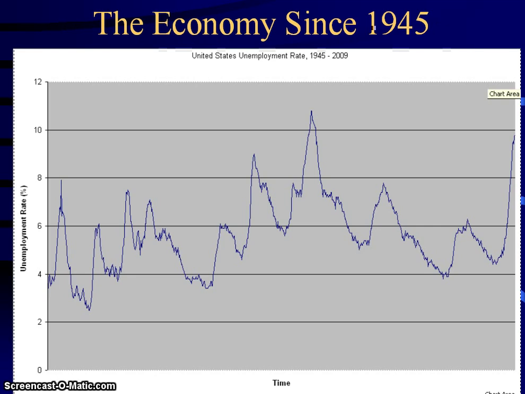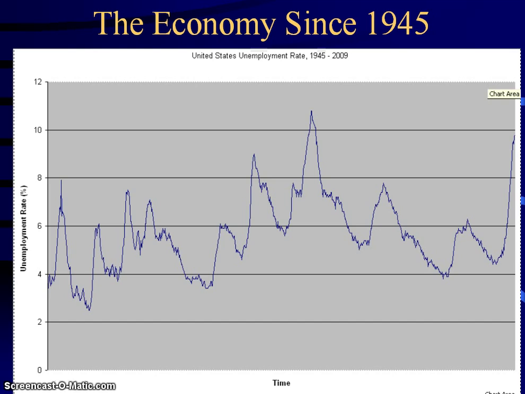Before we get to that, I wanted to show you the unemployment rate for the last, good 65 years or so. The unemployment rate isn't exactly the same thing as economic growth, but I think it makes sense that when the unemployment rate is high, the economy's not strong, and when it's low, the economy is strong. So if you want to get a quick picture of the actual business cycles our country's experienced over the last 65 years, this is a pretty good example of it.